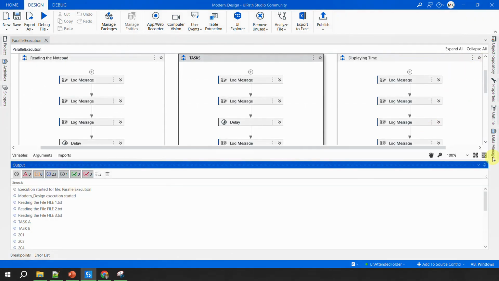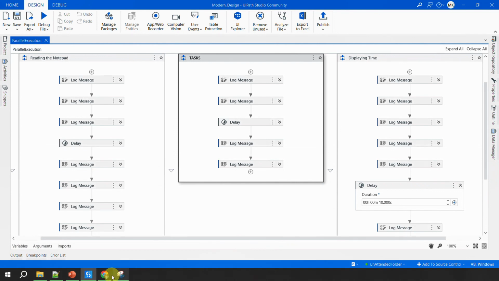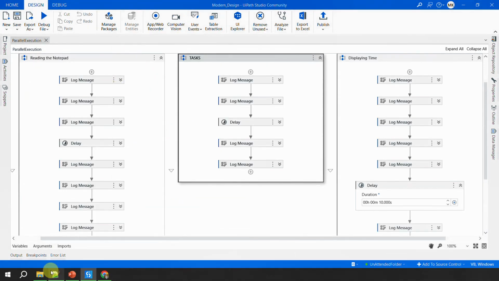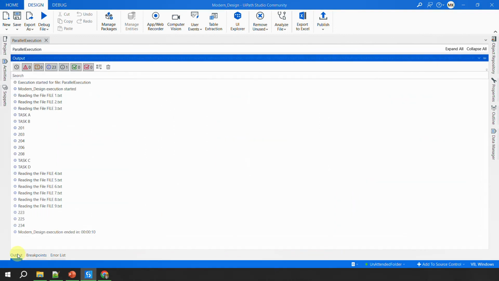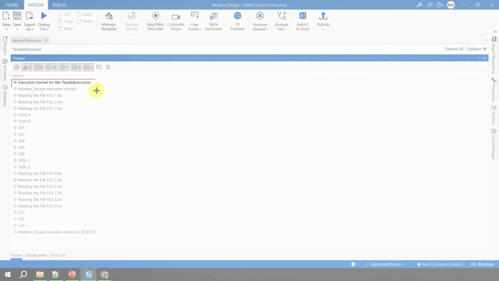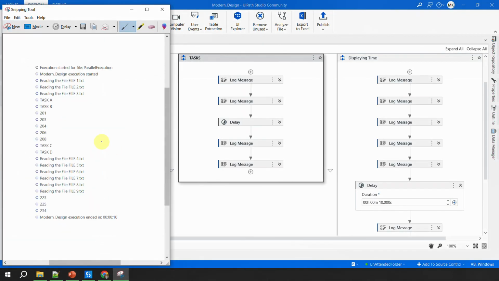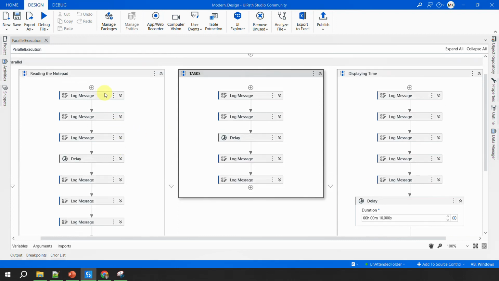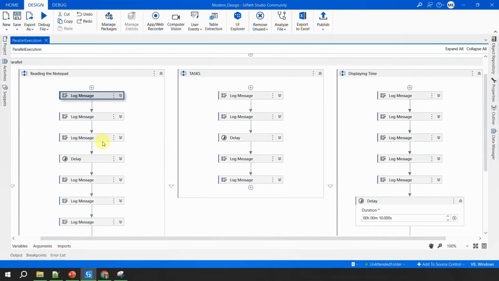Now I want to show you one more interesting thing here. So let me just take the screenshot of this one. New output. Okay, so this is happening because I have a delay which is put here, I have a delay which is put after task B, and I have a delay which is put after the 5th activity, right? But what happens if I put two delays in a workflow, right? So after the robot reads A, B, C, I have a delay,